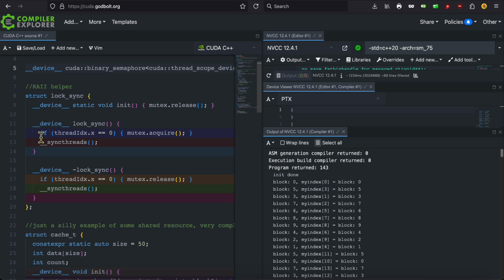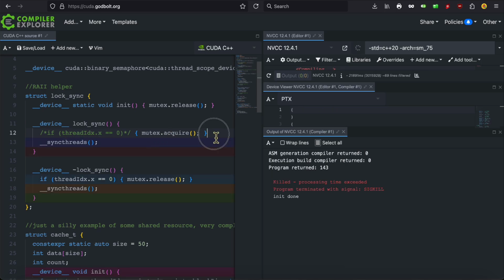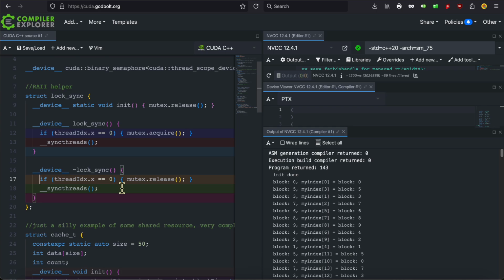If we lock not in a single thread, then surprise, surprise, we get another deadlock. We didn't ask for the mutex to be acquired in a single thread. That obviously is going to get a deadlock. If we release the mutex multiple times, we're not going to get deadlocks, but we're going to mess up other people's lock of this particular mutex.